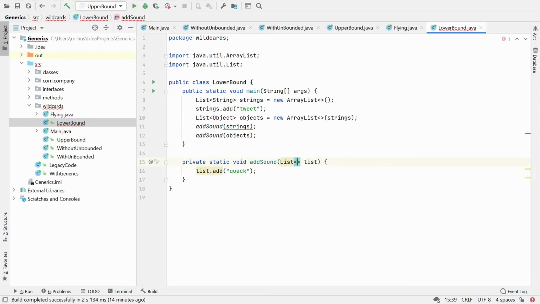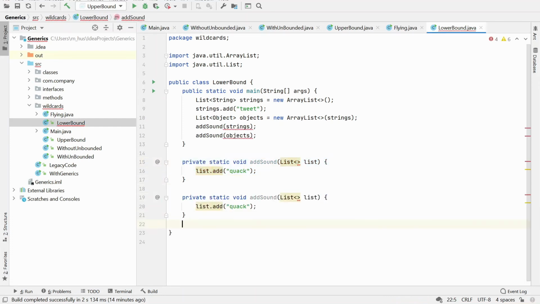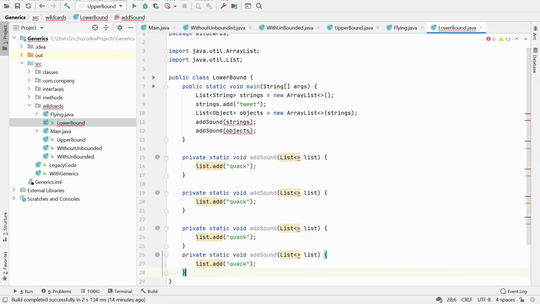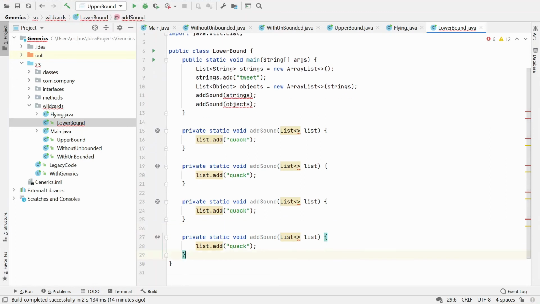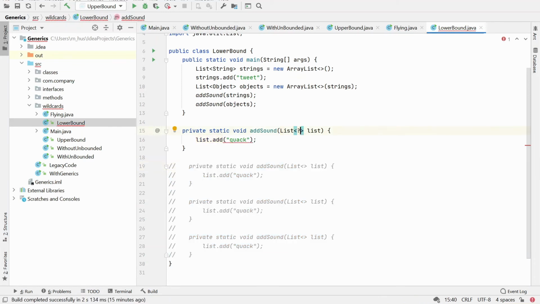So let's copy this one 4 times for better clarity. Okay, and comment this one out. So if I put the unbounded, what would happen? So I cannot do the unbounded. The reason why? Because they are immutable. All right,